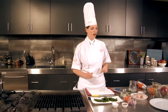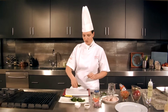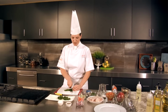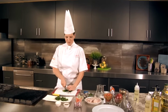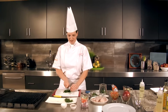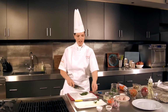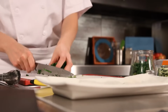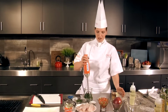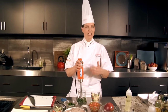We're now going to make a sauce to go with our fish. I'm using some fresh blanched herbs. The reason I've blanched these herbs is to bring out their color, as well as to take away any bitterness that might be in them. So we're adding in our chives, our flat leaf parsley, here we are, and our curly leaf parsley. I'm then going to take my herbs and blend them with canola oil. I'm using the canola oil because it has a very neutral flavor, so the natural taste of the herbs comes